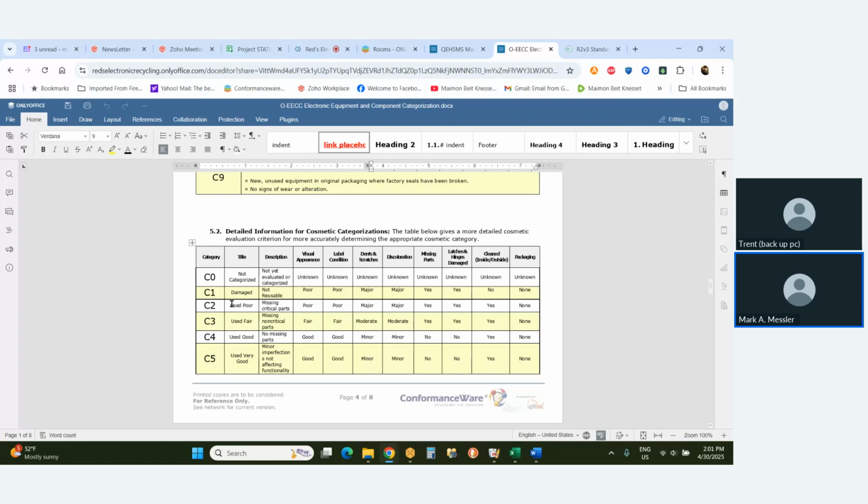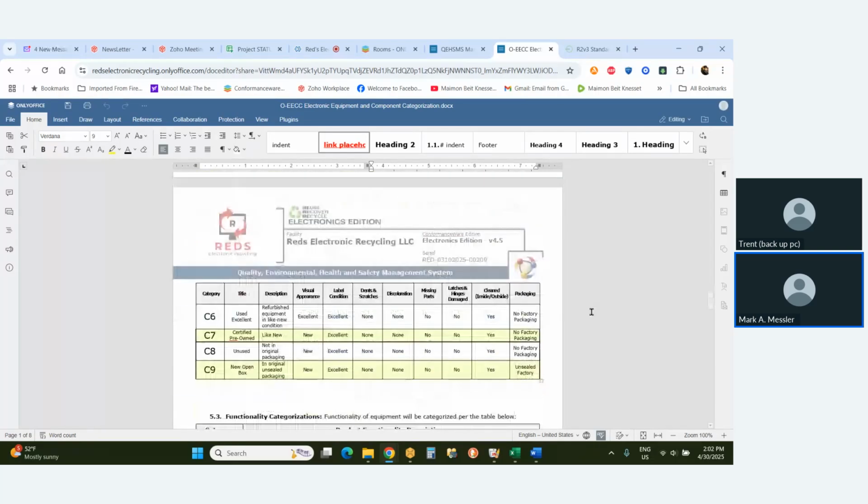So you use poor. What is it? Missing critical parts. Well, say the enter button is missing. Well, that'd be a critical part. Yeah. Visual appearance, label condition. That would be the labels on the actual equipment. Dents and scratches and so on and so forth. Okay. Now, if that isn't bad enough,